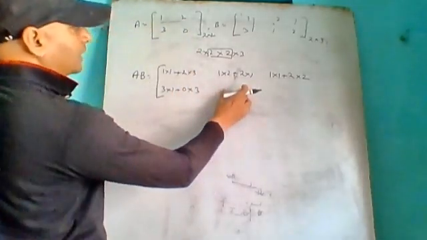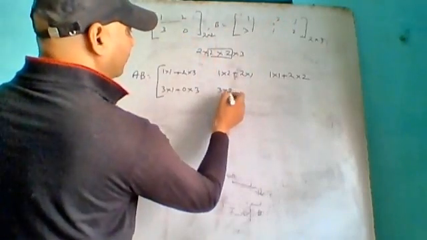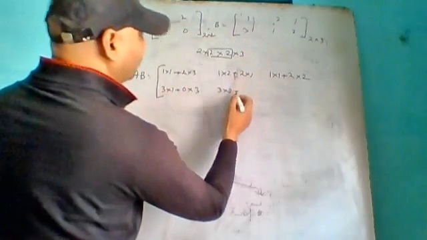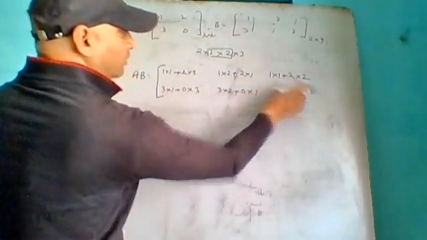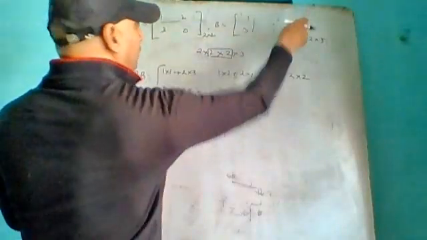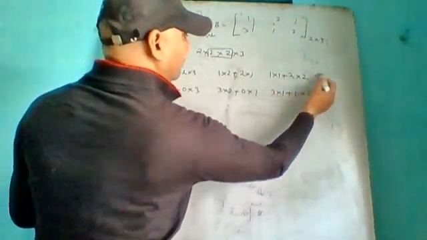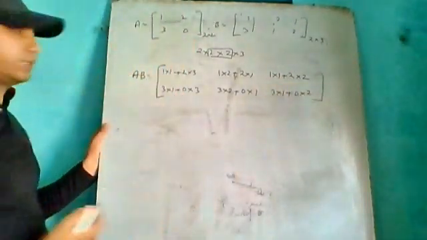Second row, second column: 3 into 2 plus 0 into 1. Now third is second row, third column. Second row, third column: 3 into 1 plus 0 into 2. This one. So product now finally